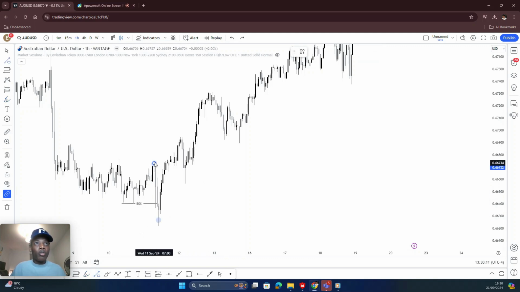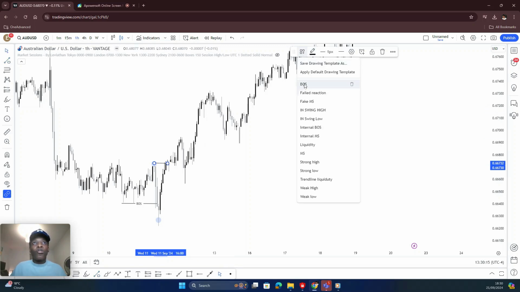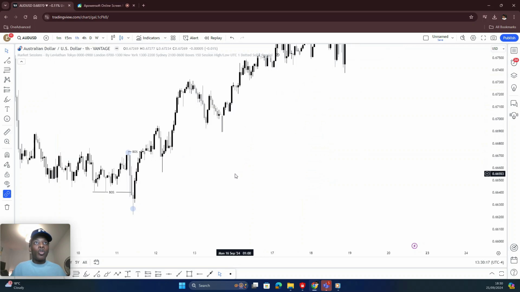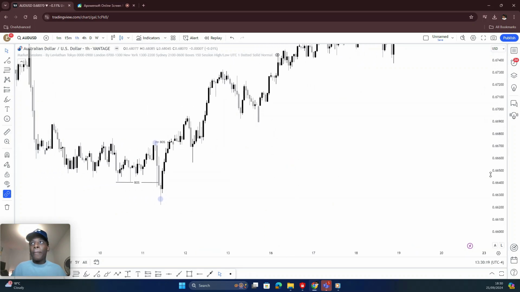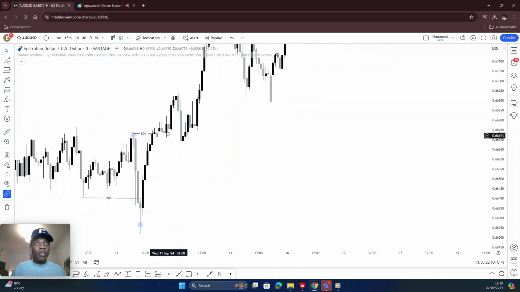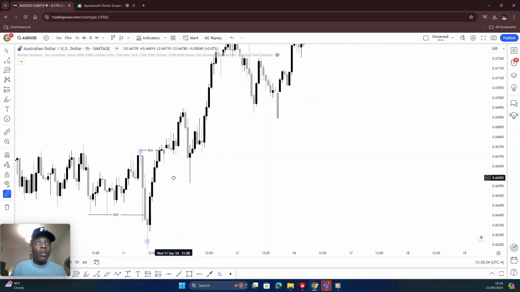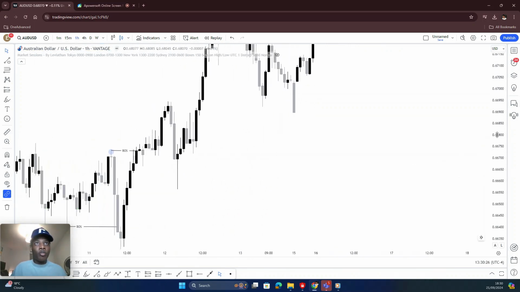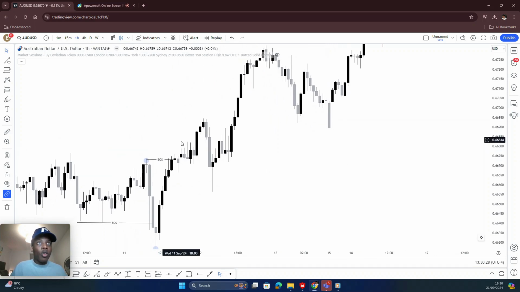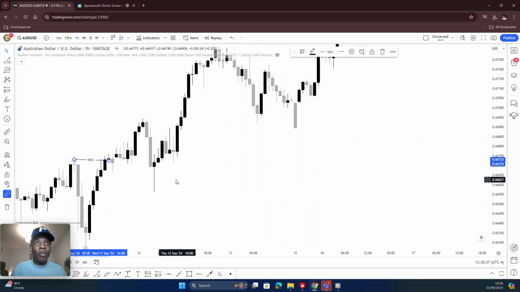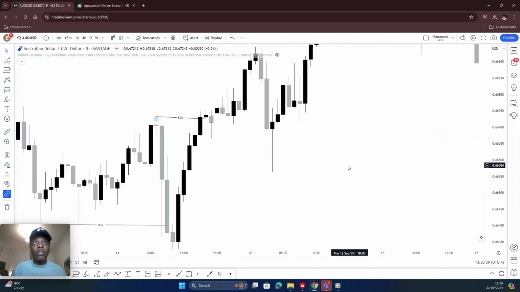Right there. Just to emphasize as well, if you get a weak break, right? Now, how do we identify a break of structure? Just so you guys understand, we need to see the candle close above the previous candle. So for example, just to zoom in so you guys can see,